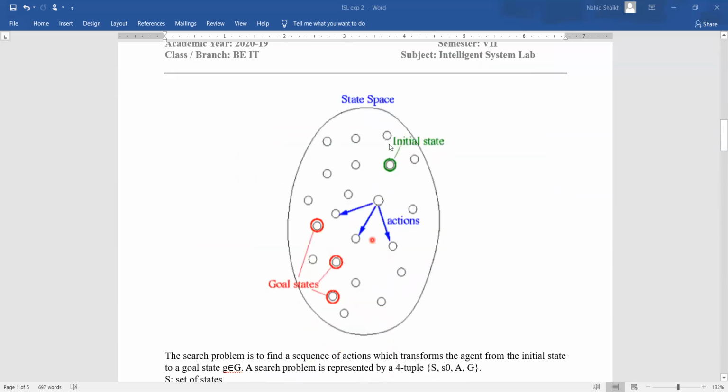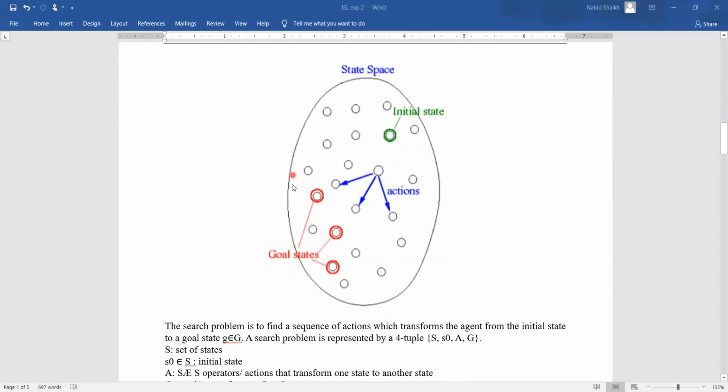Next, this you can understand. Suppose this is my state space search. All these round shapes are my states. I can consider this as my initial state. If I'm at this current state, I can apply three operators here. After I apply the three operators, or you can say three actions, I can come up with these three new states. And likewise, when I apply some kind of action, some operator over here, I can reach some other state.